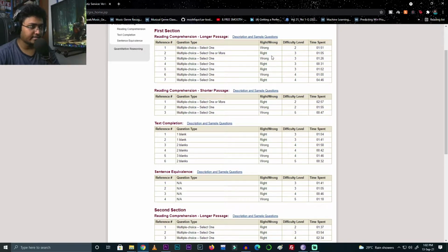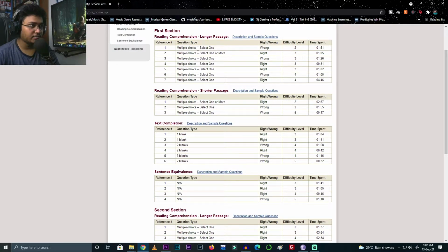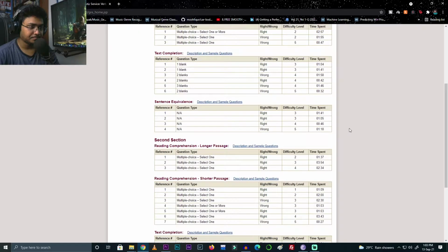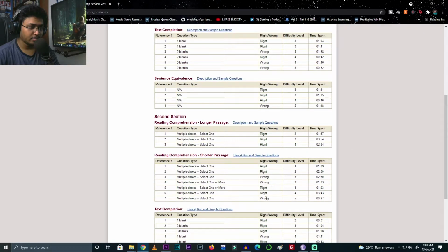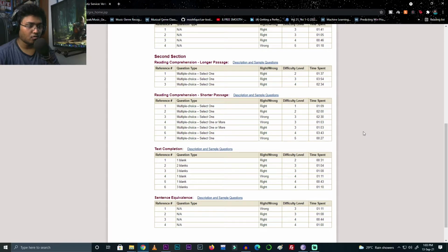So yeah, like this, you can check what you did wrong, what you did right, where you lack, what your weaknesses actually are, and if you want to repeat your GRE, you can use these key points and enhance yourself further. So let me just check how many I marked wrong in the complete first verbal reasoning section. So here's 1 2 3 4 5 6 7 8 9 10 11 12 and 13 14. Okay, so over 40 questions I marked 14 wrong, so that's 26 correct,